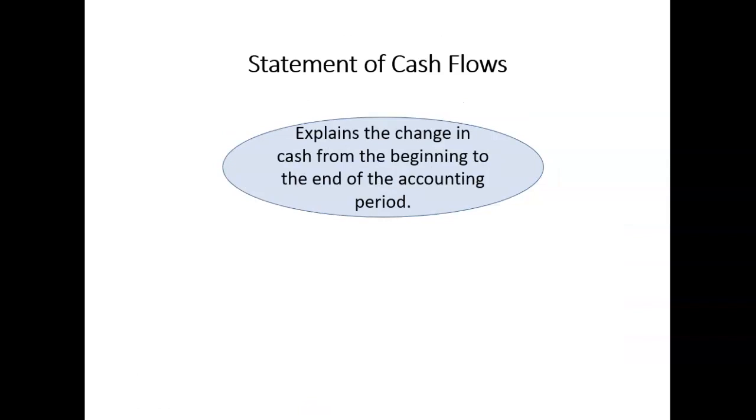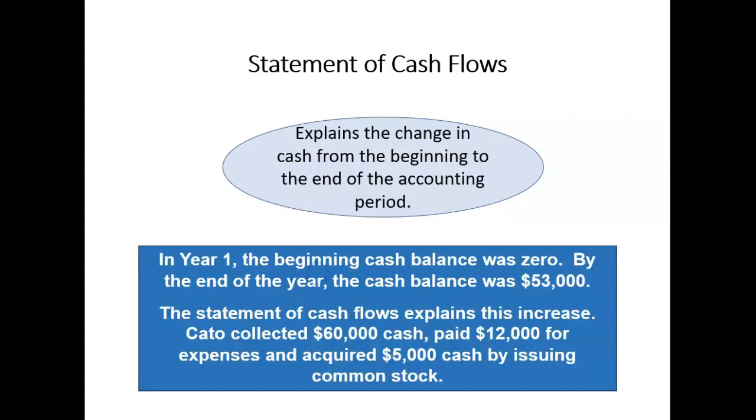And the statement of cash flows shows the change in cash from the beginning of the calendar period to the end. It shows what type of activities caused the change in your cash account. It shows the change coming from operating activities, from investment activity, and also from financing activity. So in our example, we see that cash collected from operating activity was $60,000. We paid out $12,000 for expenses. So $48,000 of our cash increase came from operating activity, and the other $5,000 was financing from the issuance of